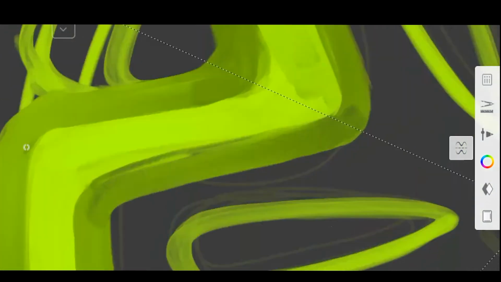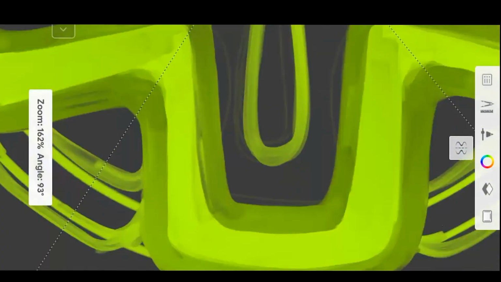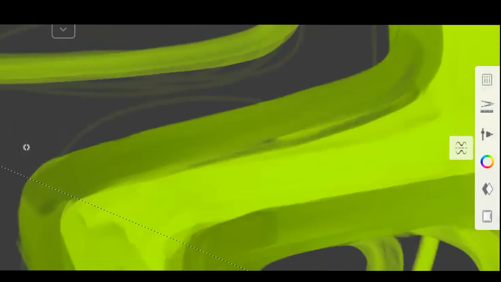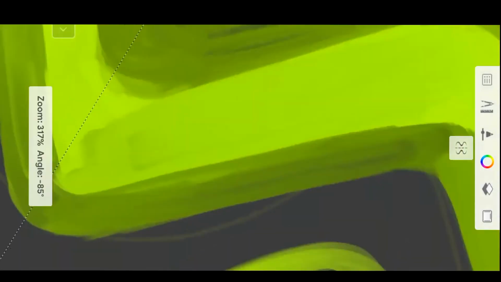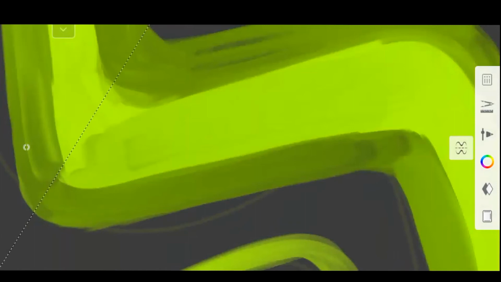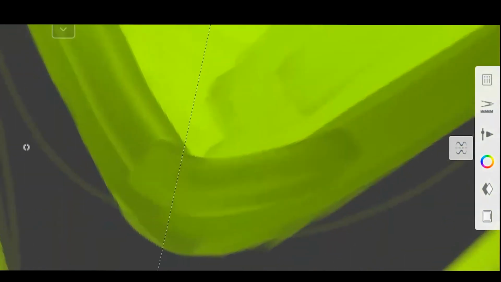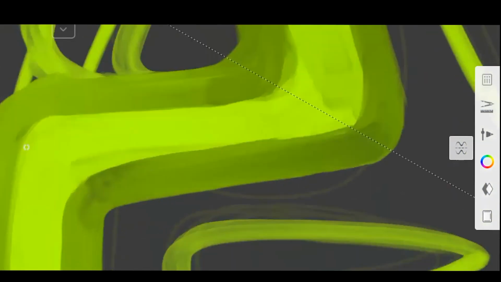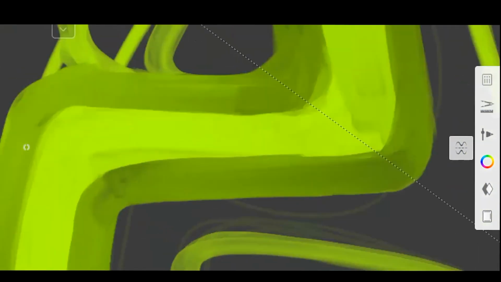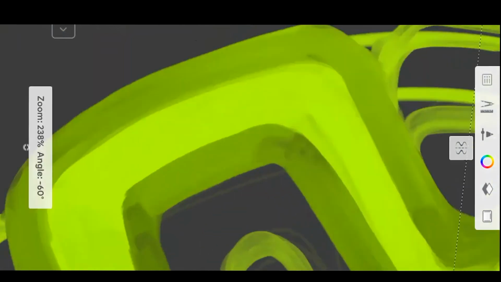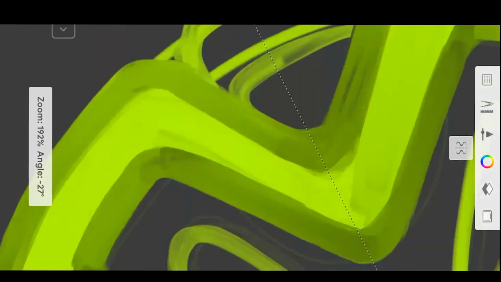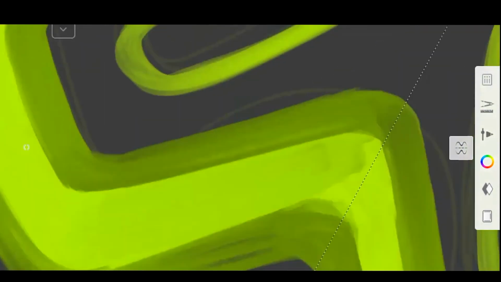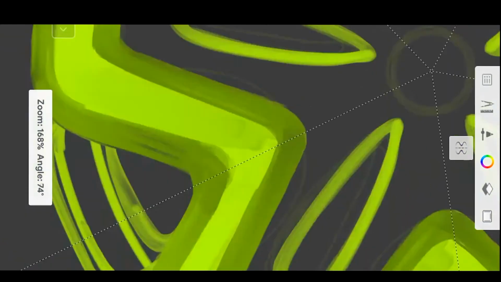So in the beginning I used to use a stylus for designing stuff on my phone, but now I use my fingers, though it was not that easy to design with fingers.